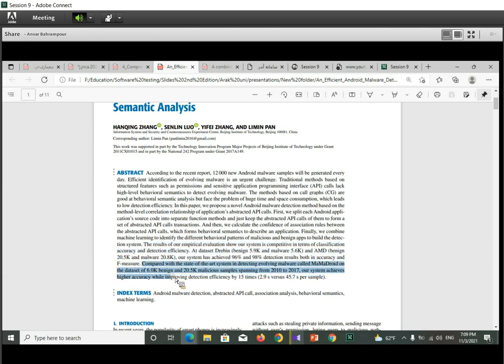At the last sentence, we should compare our evaluations with the same tools or same approaches existing in the literature.